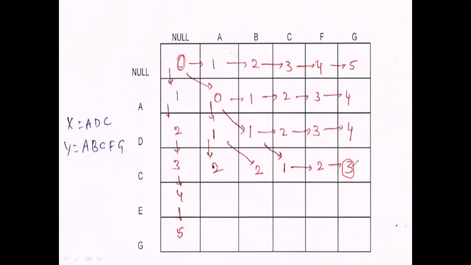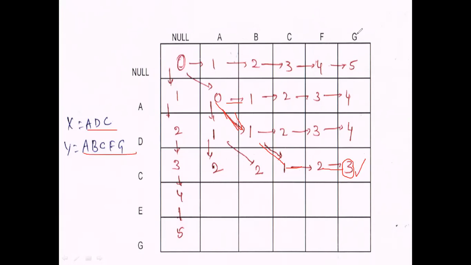How are we calculating? The number of arrows depends upon the direction: horizontal represents deletion, vertical represents inserting, diagonal represents replace. Here 1 replace operation, 0 to 1 means 1 replace operation, same 1 to 1 means no replace operation is performed, 1 deleting operation and another deleting operation. In 3 operations, 1 replace operation and 2 delete operations. So to convert ADC into ABCFG, the total number of operations is 3.